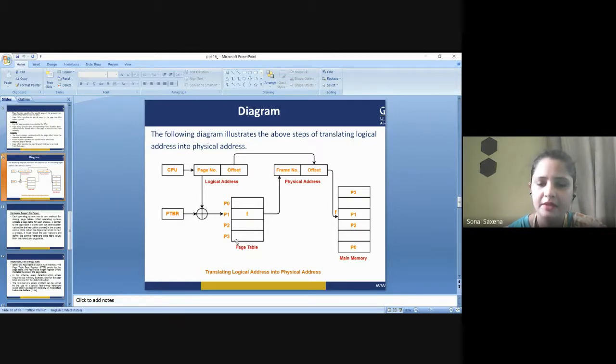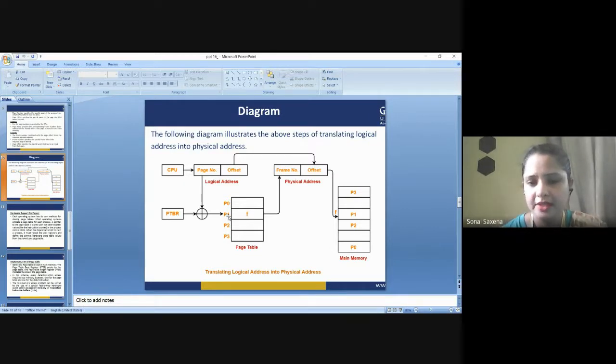See here, there will be a page, right? And these particular processes, let's say I'm talking about process number 1. This process number 1 will be partitioned into 4 equal parts. Here are the parts of this: P0, P1, P2, and P3. This is shown here in the page table. So the page table will be storing these values, and here you see this page table is holding the frame number.